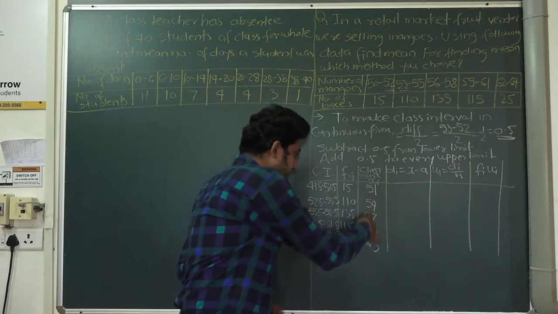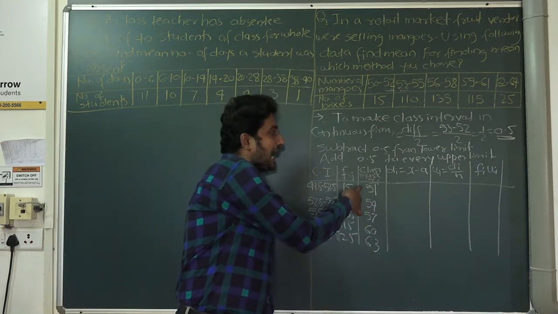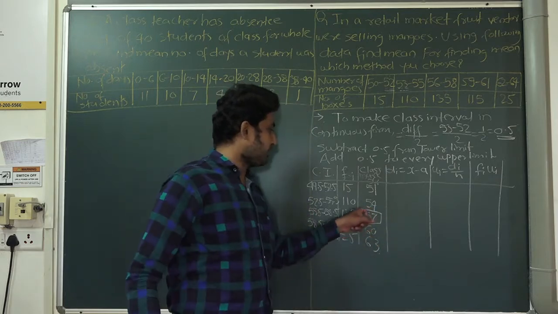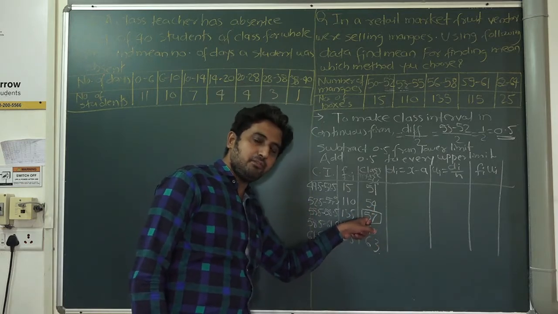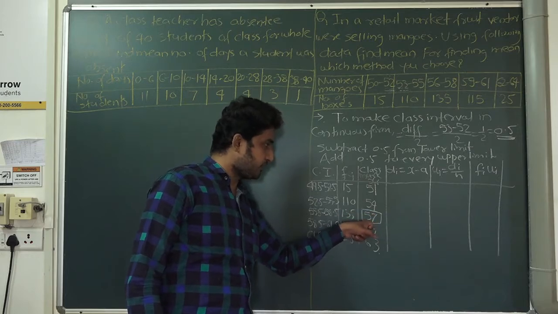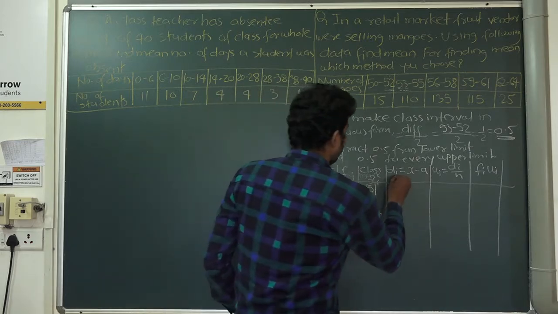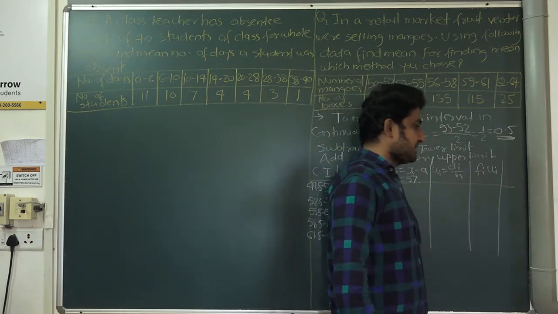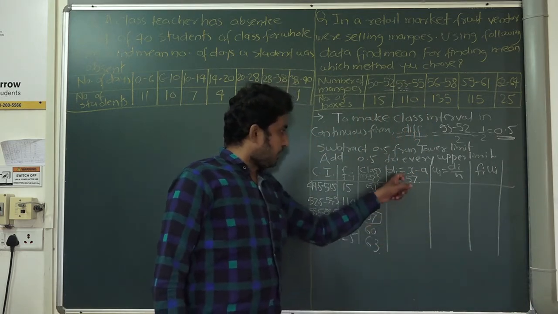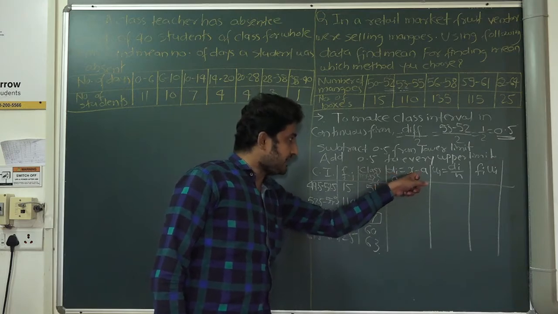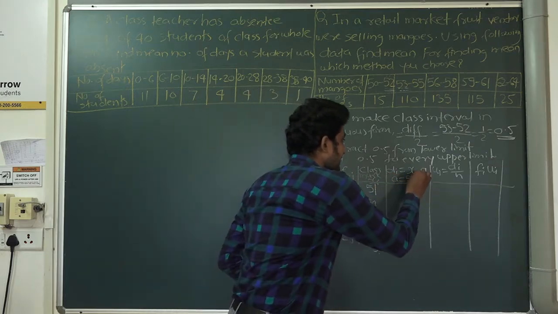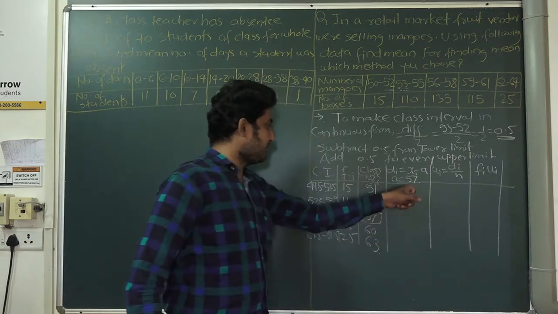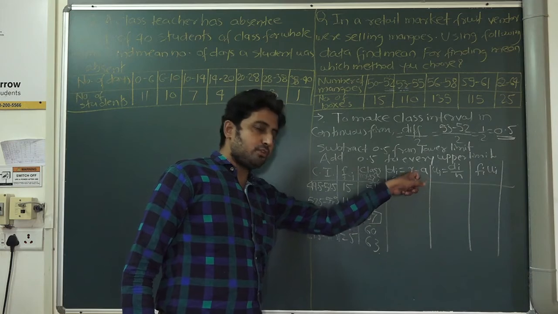Now, in this table, we have to use the A. A is known as the assumed mean, and the assumed mean that we are taking here is the exact middle value, right? This is 57. So put here A as 57. Now we have to find the deviation di, that is xi minus A, where A we are assuming as 57.